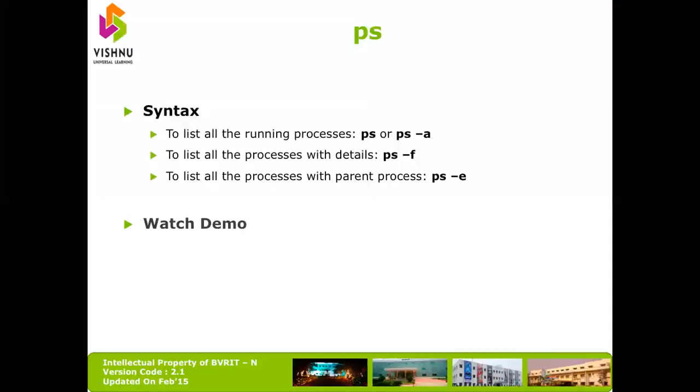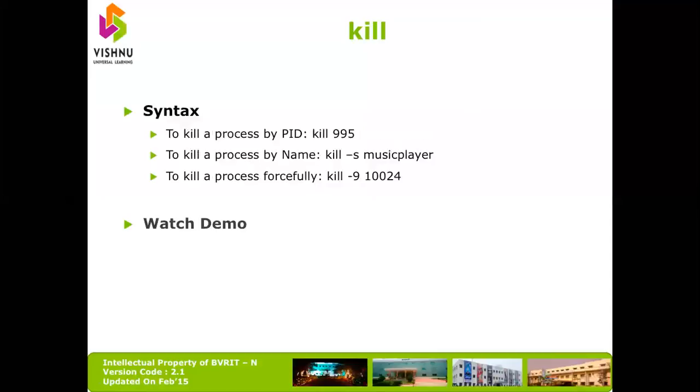The next command will help you to terminate any process. How can you do that? To kill a process by a process ID, you write a command called kill, and then mention the ID of the process. Now, if I don't know the process ID of that particular process, but I know the program that started that particular process,